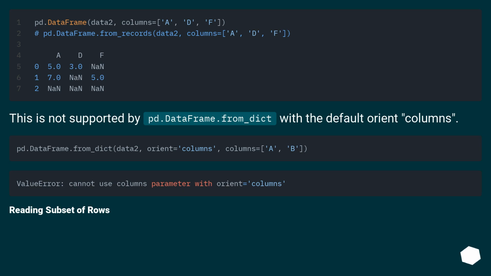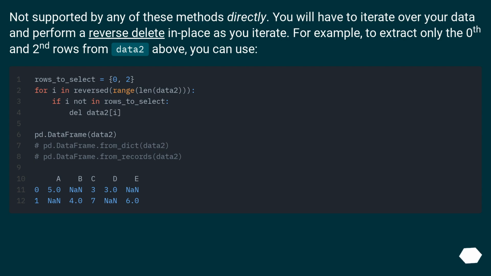Reading subset of rows. Not supported by any of these methods directly. You will have to iterate over your data and perform a reverse delete in place as you iterate. For example, to extract only the 0th and 2nd rows from data 2 above, you can use